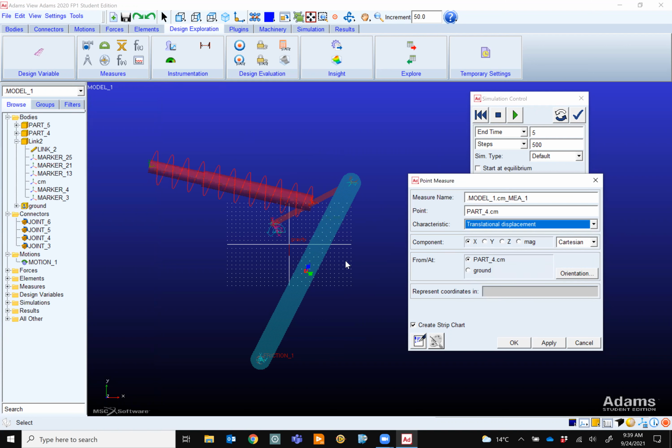Right now, for the center of mass, the only thing that makes sense is its displacement. Do I want it in X, in Y, or maybe in Z? In Z, of course, it's in plane, so it's 0. So we can click on magnitude, which means the square root of X and Y. We want it in Cartesian, and then everything's done. Click OK.